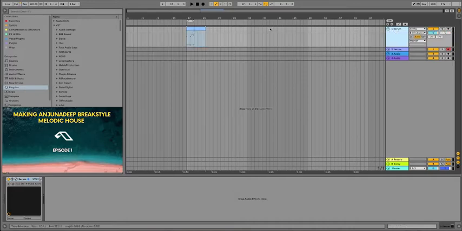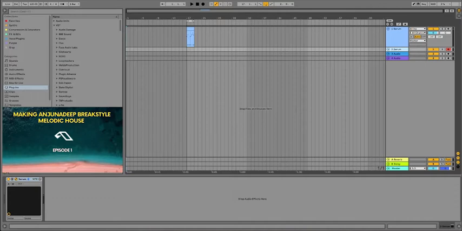To start off with, I've come up with this little riff here. It's just a little 2-bar ARP sound, which I'm going to try and build a melody around, but let's have a listen to how this sounds so far. Nothing too hot. It's actually pretty boring. But what I can do is build something around it to see how we can make this a little bit better.